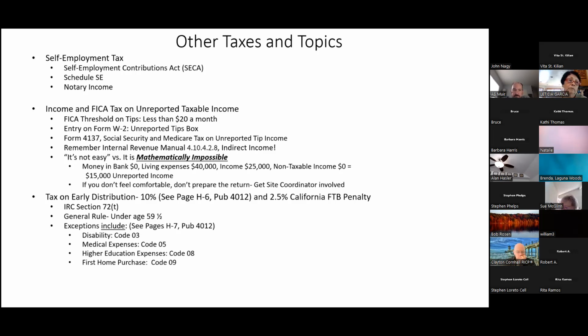And then on unreportable tax income, if somebody has a garage sale, do they have to pay income and sales tax on the things they sell? Yeah, when you have a garage sale, and let's say in the garage sale, you're selling what the accountants call tangible personal property, i.e. an old microwave, an old television, a bunch of old dishes that you own. You retain title to those items.